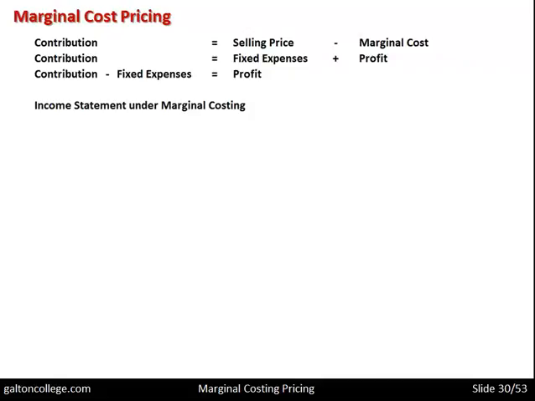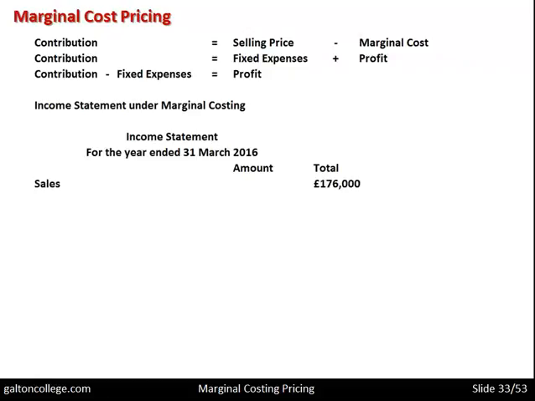Now, income statement under marginal costing. Well, let's say we have an income statement and we write it up as an account. So we'd have it for the year ending, let's say the 31st of March 2016 or whatever period. But on some particular day we have an income statement. So we have the amount and the total that goes into the income statement. Now let's say sales were £176,000. We have to take away the variable costs. The variable costs could be the cost of goods manufactured, say